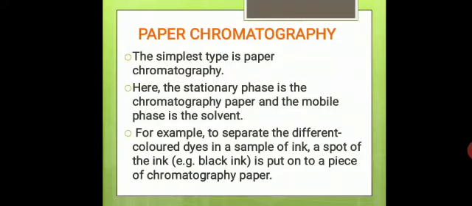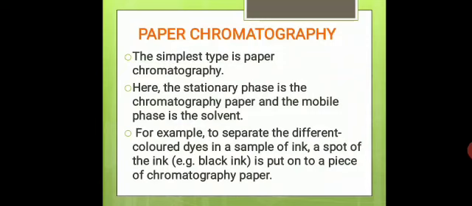Next, see the second point. Here we are having a stationary phase and a mobile phase. The stationary phase here is the chromatography paper, and the mobile phase is the solvent which you are going to use. Now we are going to separate the number of components present in the black ink. So you have to take a chromatography paper and draw a line just above the bottom of the paper, and then in between the line we have to place a drop of this black color ink. We will see the working, by then you will get clear.